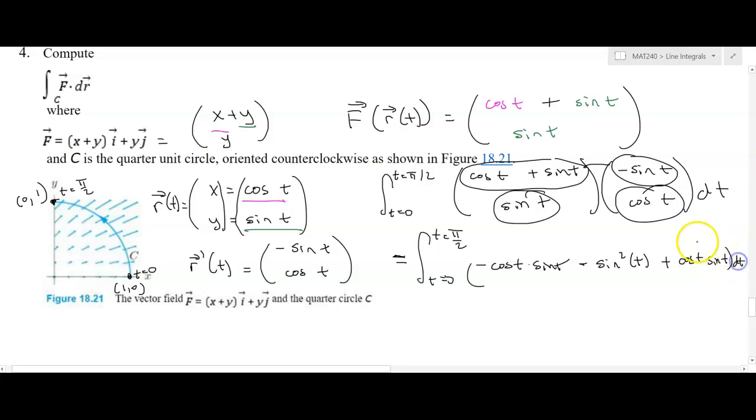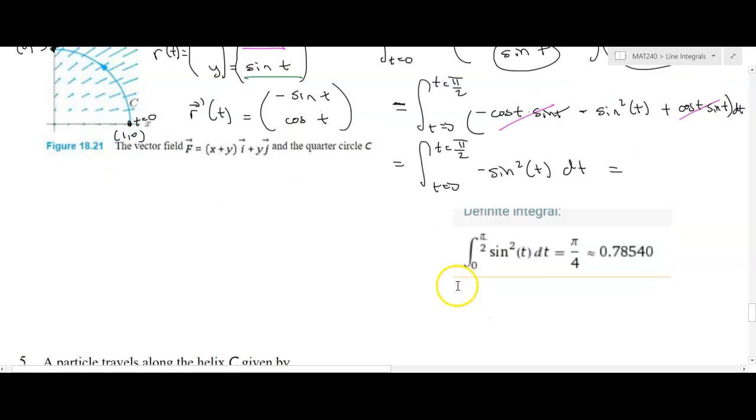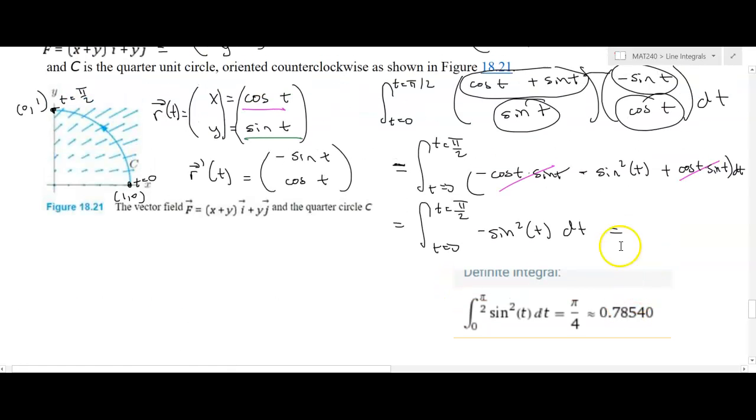But I see here, I get a little nicety, negative cosine t, positive cosine t cancel out. And so now I just have to compute the integral from 0 to pi halves of negative sine squared t. And I can use Wolfram Alpha to calculate that and get